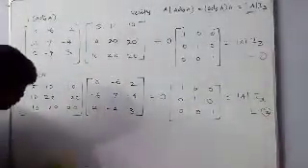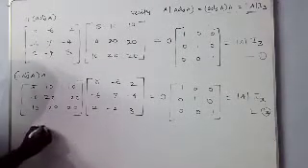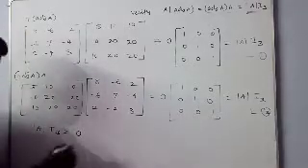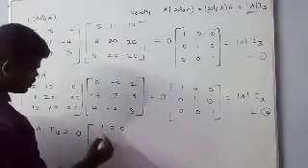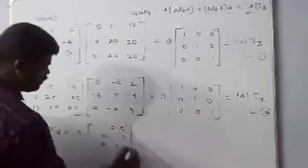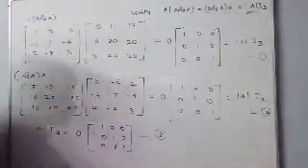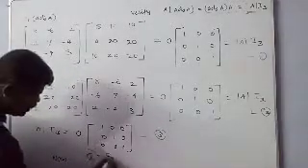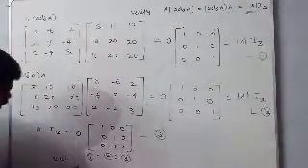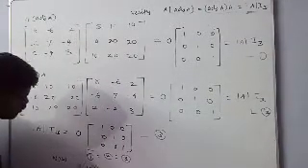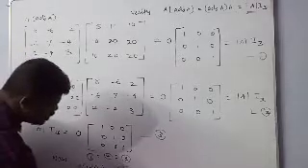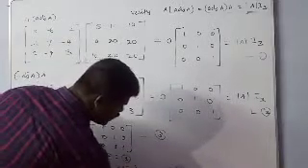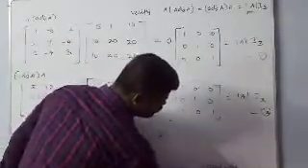Already we have to find determinant of A into I3. What is the value? Determinant of A also known as 0, and I3 means 1 0 0 0 1 0 0 0 1. This is the equation 3. So now equation 1 equal to 2 equal to 3. That's why we can write A into adj A equal to adj A into A equal to determinant of A into I3. Hence proved.